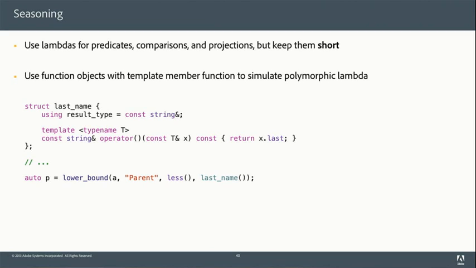The way to do that is, instead of having less be a templated class, less has a templated member function. Here's an example where we write one for last name. Now I could just say last name paren paren to get an instance of that, and whatever thing I hand to it, it would return x.last for that thing.